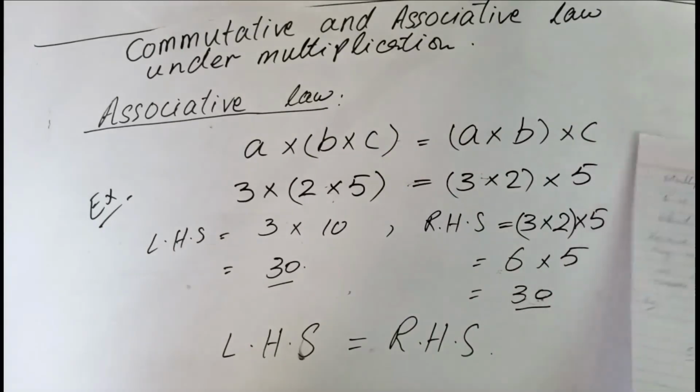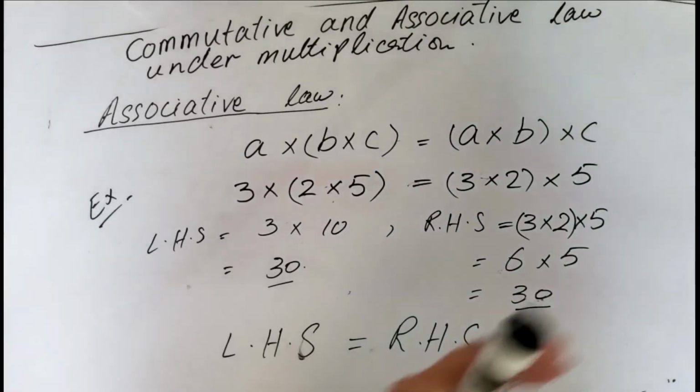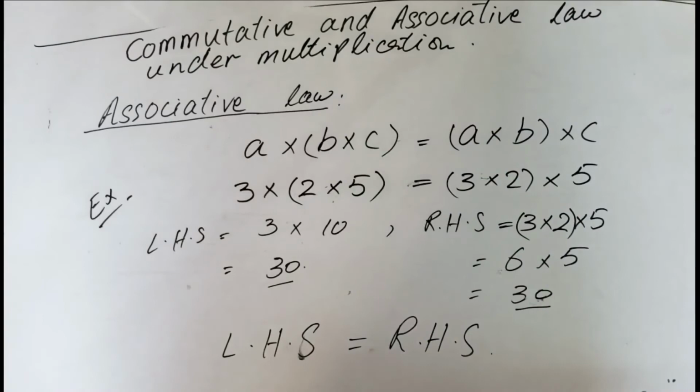Okay, one more thing I want to tell you is the multiplicative identity. I have told you in the previous class about the additive identity. Here we will discuss about the multiplicative identity. What is the multiplicative identity? First you tell me please, what is the additive identity? You remember that? Yes, that was 0, because when we add 0 to any number we get the same number again. 0 does not change the value of any number.